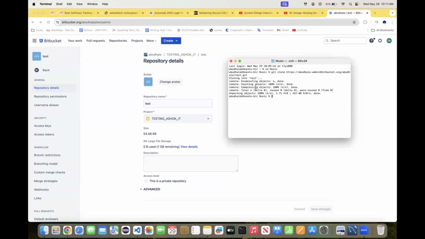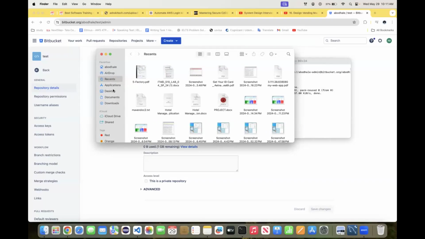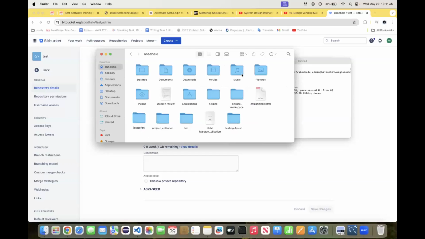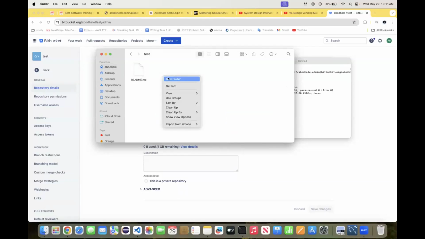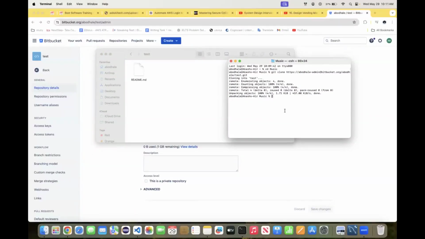Oh yeah, it's cloned. This got cloned. Now I have to make some changes, and I will push it. Go to the music. In the music, the test is there. I will create another file. cd test and touch d1.txt. Yeah, d1.txt is created in the main